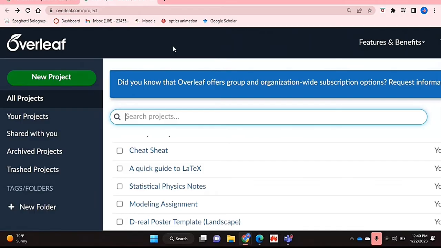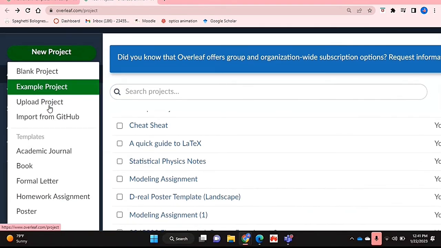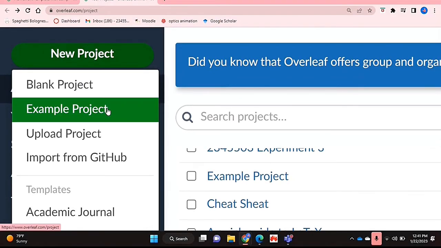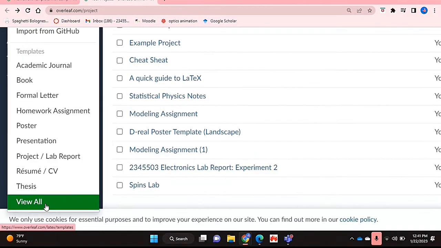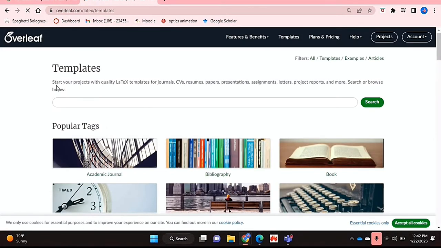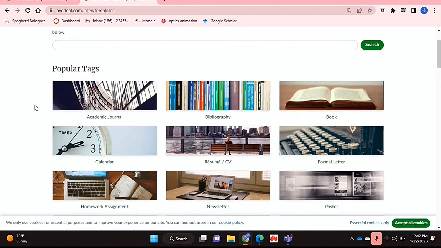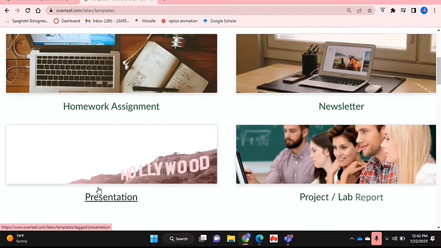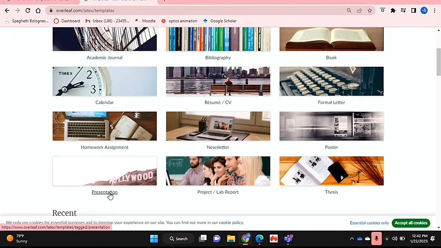So let's get started. I'm already on Overleaf and I'm on basically what the home page is with all of my projects. And what you're going to do is you're going to click on this little icon or tab that says new project, and you have a bunch of options. And if you scroll down all the way to the bottom, there should be a view all. So if you click on that, this takes you to various templates that you can use in LaTeX, and if you scroll further, there is an icon that says presentation. So if you click on that,